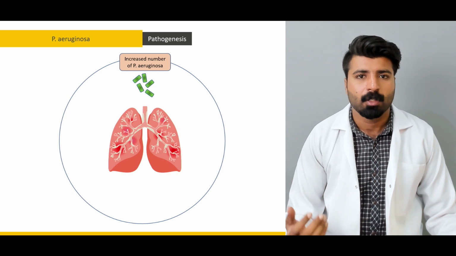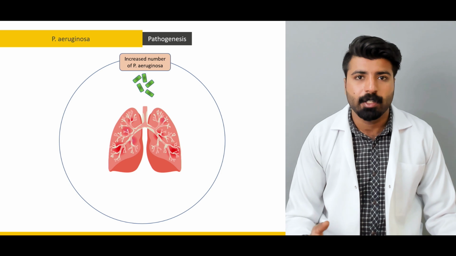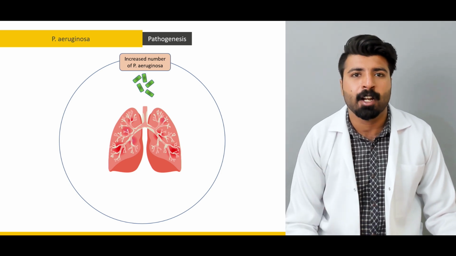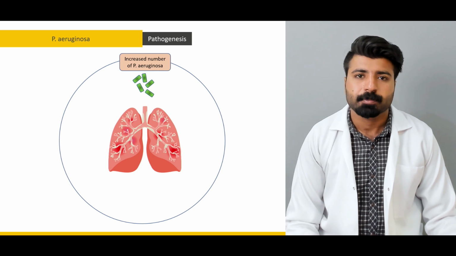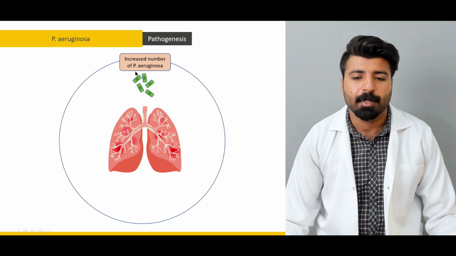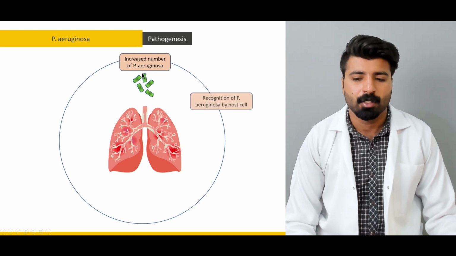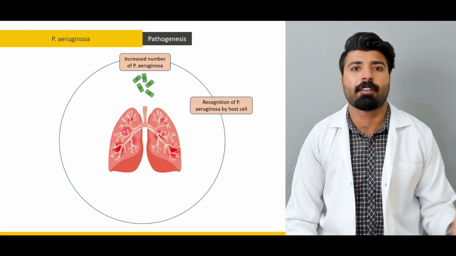For example, Streptococcus pneumonia has a very different kind of MOA from pneumococcus pneumonia. And just like that, an increased number of P. aeruginosa comes inside your lung. Recognition of P. aeruginosa by host cells. So what will they do? They will activate the whole